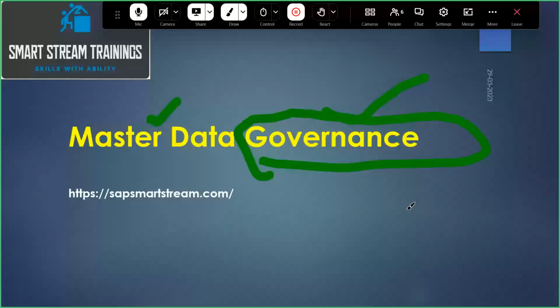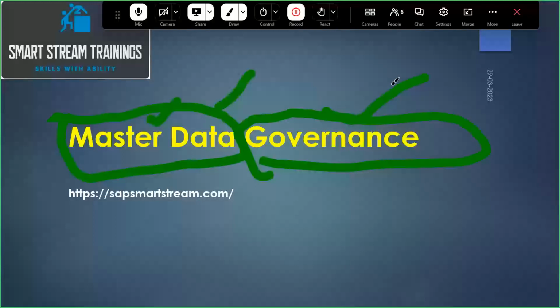Governance indicates a set of roles and authorizations through which we can make changes in the master data. Our complete SAP MDG module revolves around master data and maintaining the governance. Governance means setting up roles and authorizations and how to maintain them.